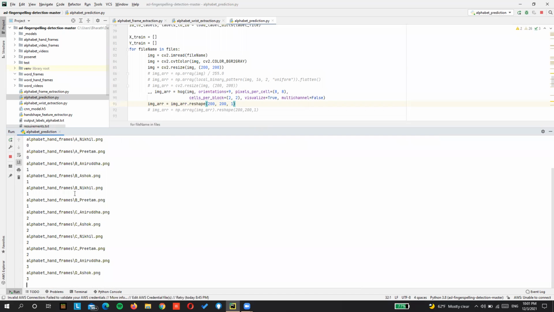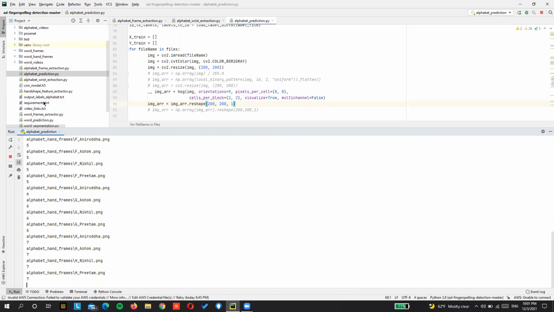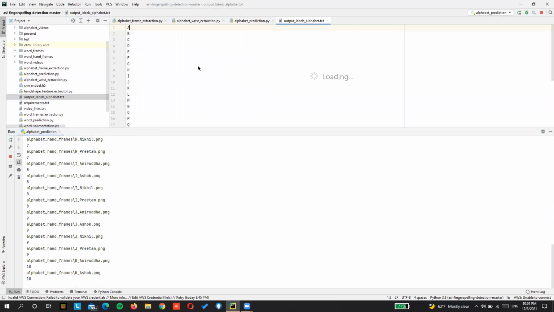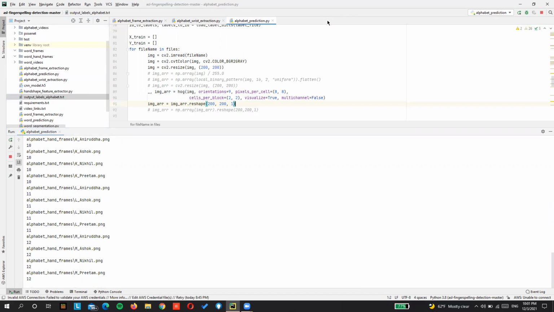As you can see, it is assigning the labels to each and every image based on the output labels alphabet txt file.